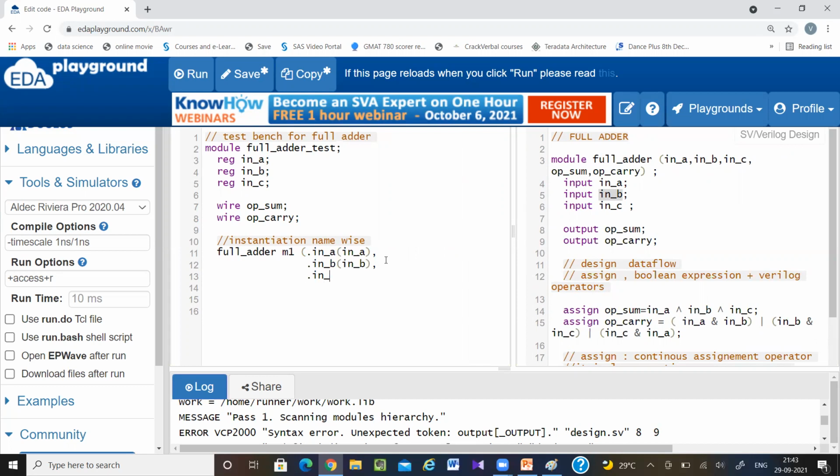Similarly, dot inputC is connected to input C, then dot output sum is connected to output sum, then dot output carry is connected to output carry.